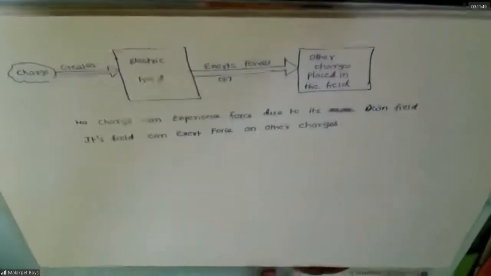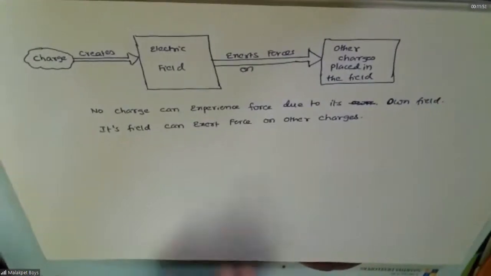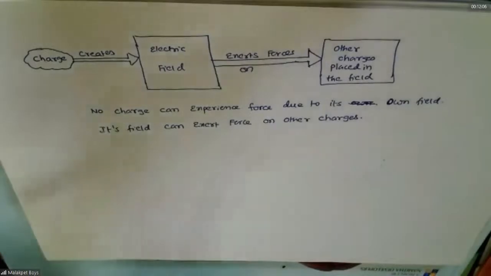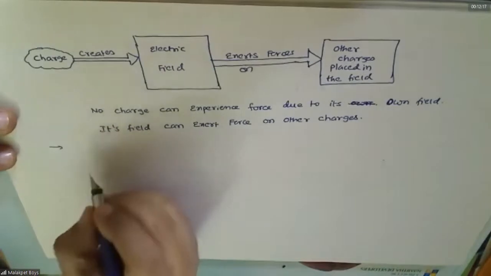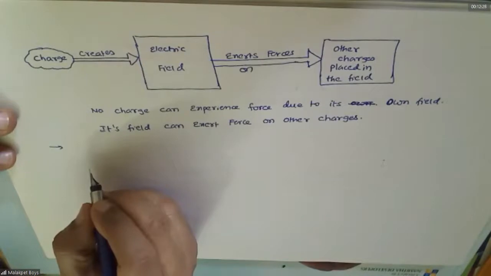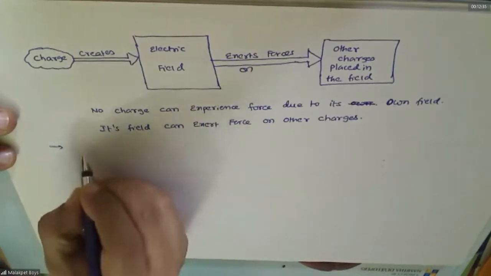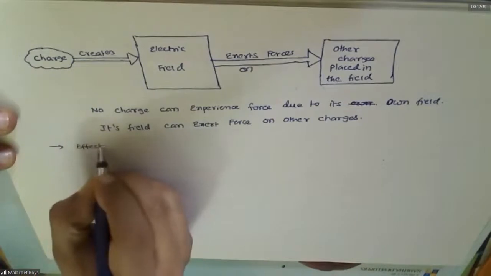what are these? That means the Earth is there. Gravitational field of the Earth, due to its own field, it won't be experiencing any force. On other objects, it will. So you can say that the effects